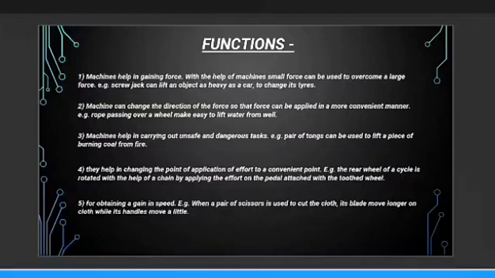Fourth, we can change the point of application. Like when you are riding a cycle, what is your aim? To rotate the wheels. But are you rotating the wheels directly? Answer is no. You are actually applying force somewhere else. We apply force on the pedal. Pedal is connected to the wheels with the help of the chain. So we have changed the location of application of force from the wheel or the tire to the pedal.